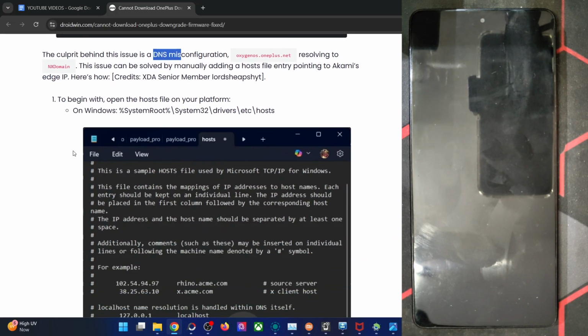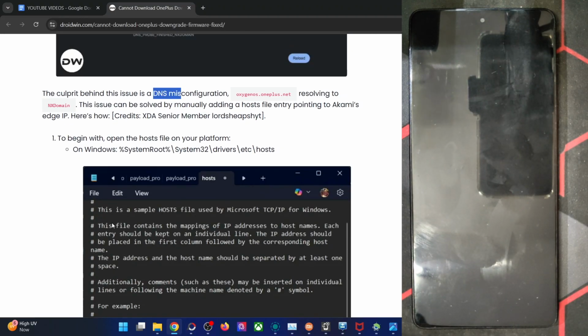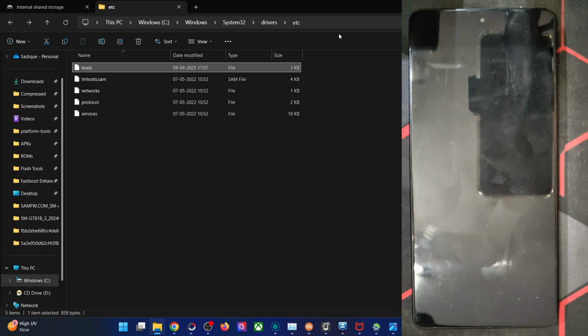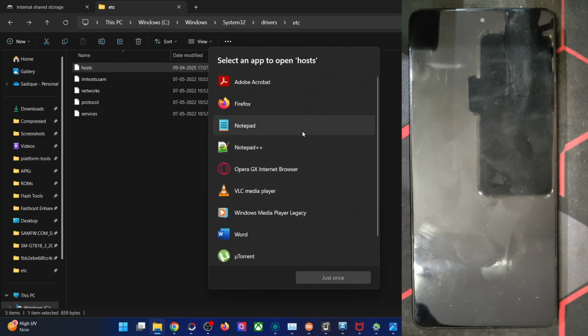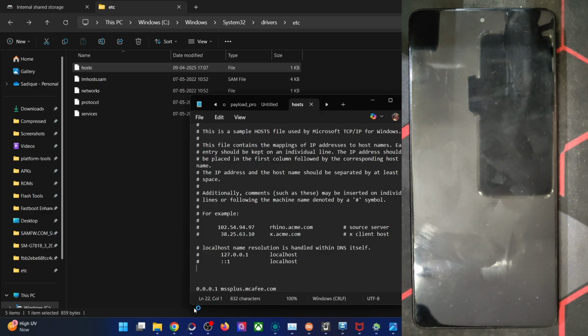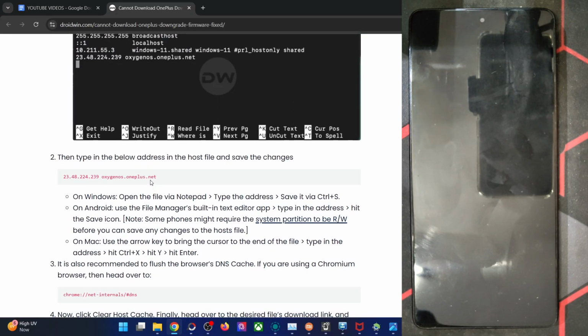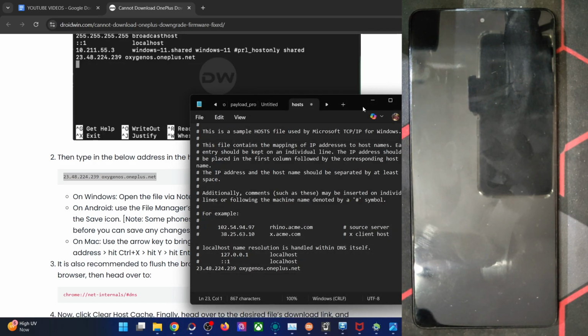So depending on the platform, on Windows, Linux, Android or macOS, you will first have to open the hosts file. On Windows, simply copy this path. This is the path. Let's copy it. I will show you why. And paste the path over here. Hit enter, and you are now inside this directory. Now you have to open the hosts file. So launch the hosts file and choose Notepad just once, and now you have to paste the value. I'll show you the value as well. So this is the value. Simply paste the value and hit Ctrl S to save the file. Once the file has been saved, you are good to go ahead.